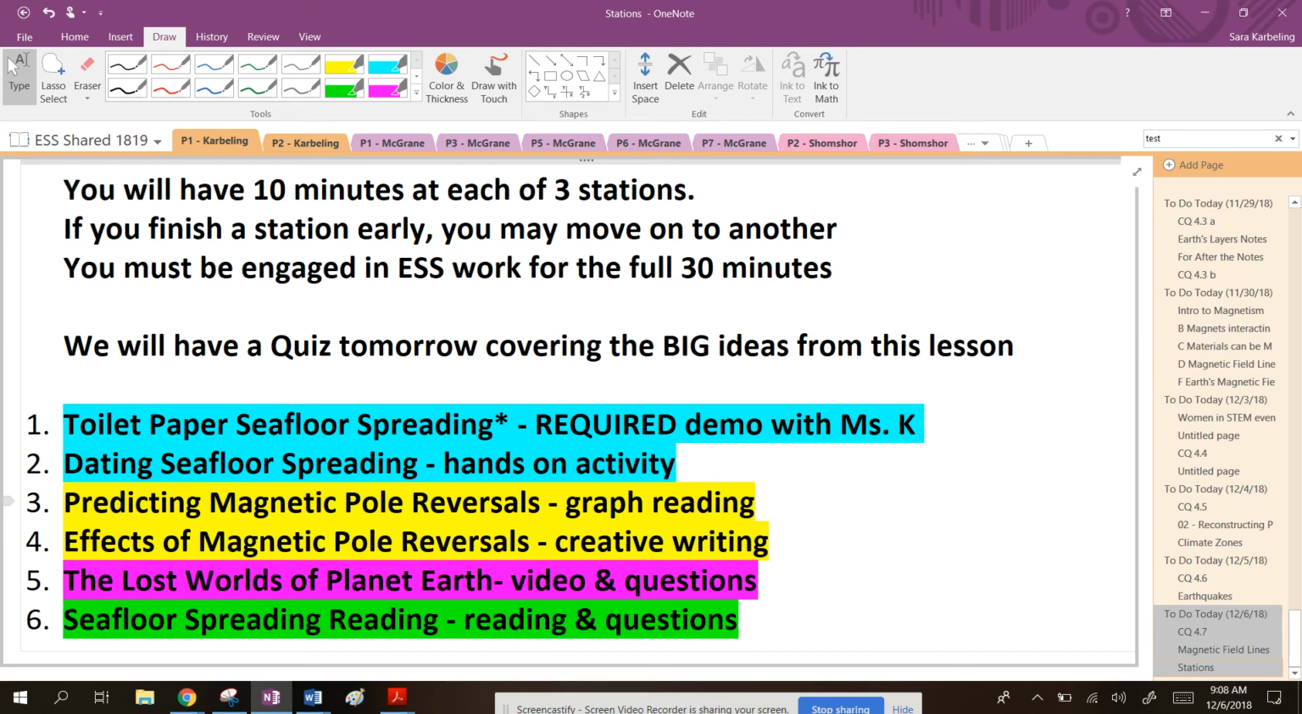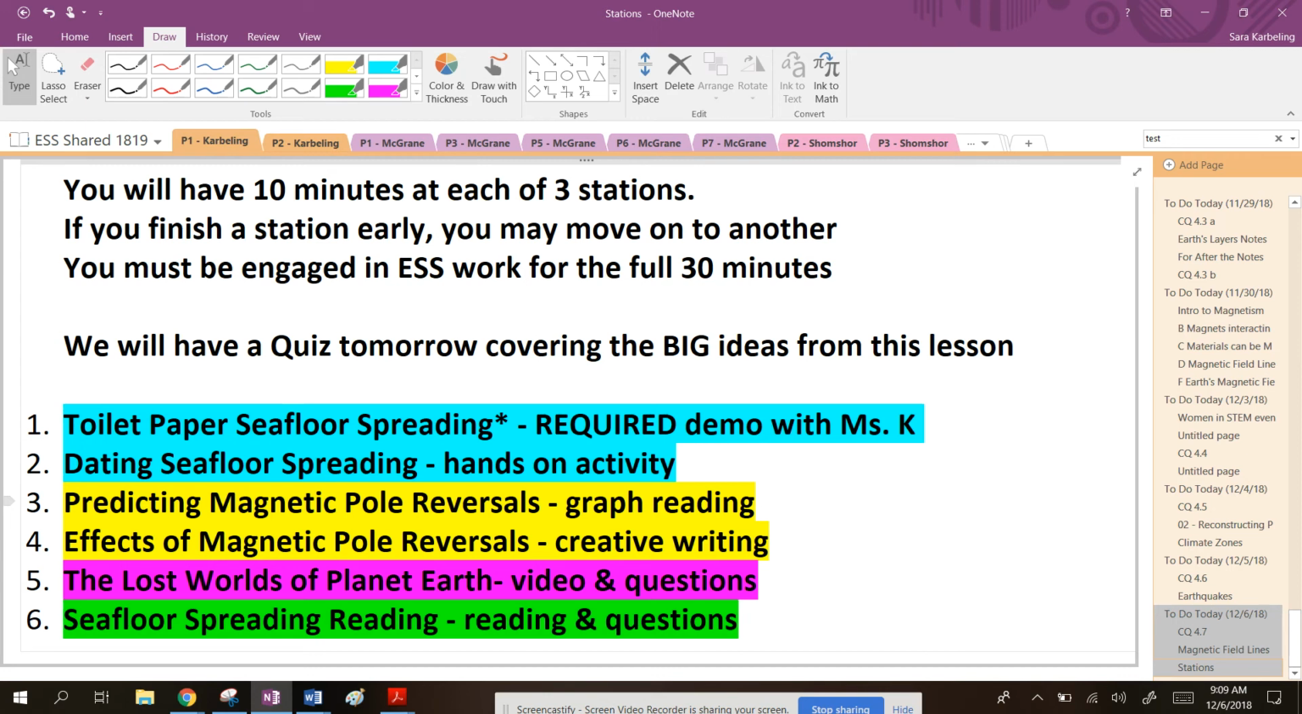It's about seafloor spreading. So we know that the crust of the earth moves, okay? And there is new stuff being created. So that one's a hands-on activity with some questions to answer. Table 3 is the one in the corner back there. This one has to do with that graph that I just showed you, okay? It's kind of a graph reading activity to get a sense of what's going on in those pole